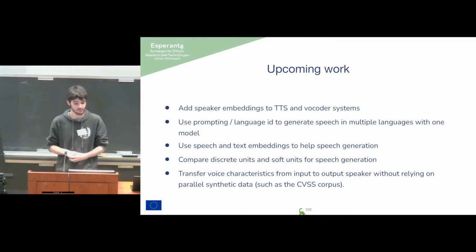So there's a part about generation from speech and text embeddings. We think it could help the speech generation, and we'll have to see when the systems are ready. Also about the IFAGAN part, for now we're using a discrete unit, so one hot embedding, but we might want to use some soft units by giving a probability distribution among all the units, instead of one single value.